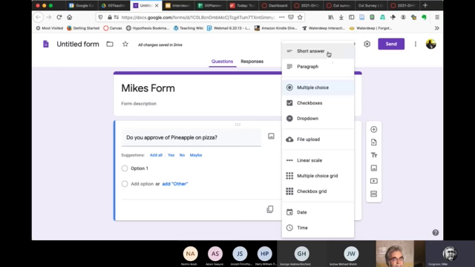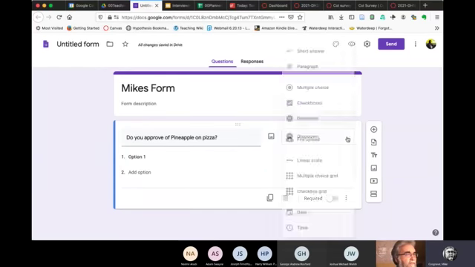The simplest one, it can be a short answer, right? It can be a paragraph. The problem with that is that generates text that you've got to code. We're not really interested in those right now. It can be multiple choice, or check boxes. Here's the thing about these two, okay? In programming terms, these are actually called radio buttons. And one of them, multiple choice, I think I always have to check, only allows one answer. Whereas the other allows more than one answer. Right. Drop down, we won't worry about drop. Oh, I didn't mean to make it a drop down.